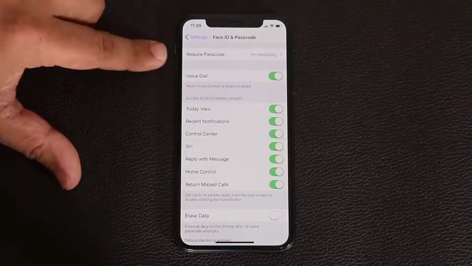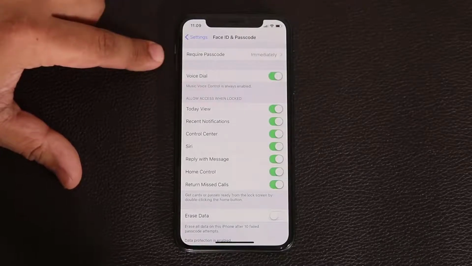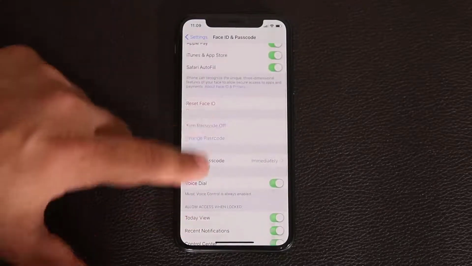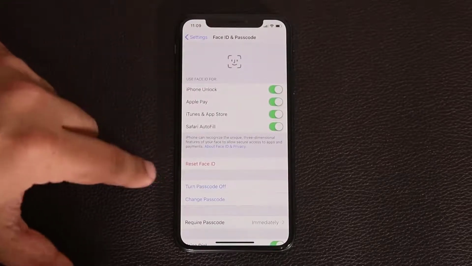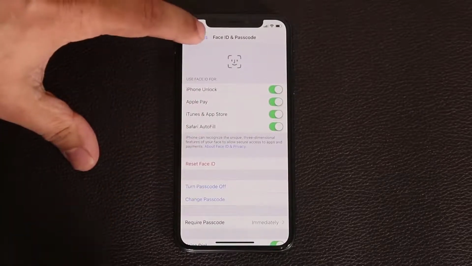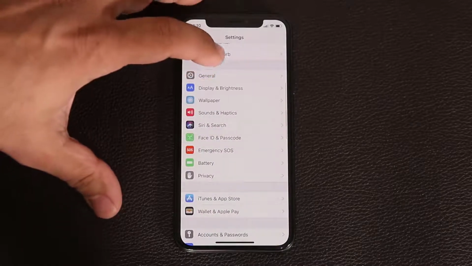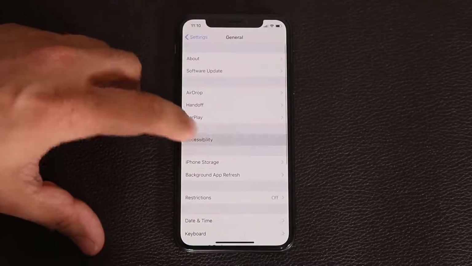So that's the require passcode option that you need to enable. And then you have a couple other options here. One thing I want to show you with the Face ID is it's not here. Some phones show it in this area. But if you go back out from here, and if you go to General, and if you go to Accessibility,